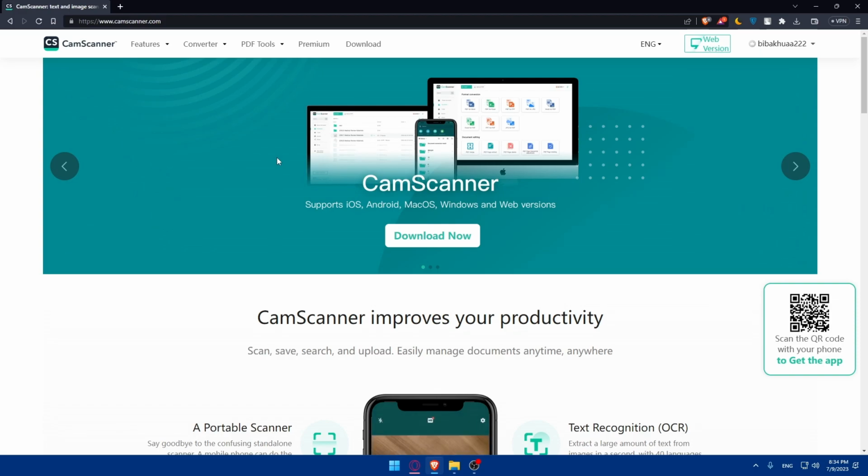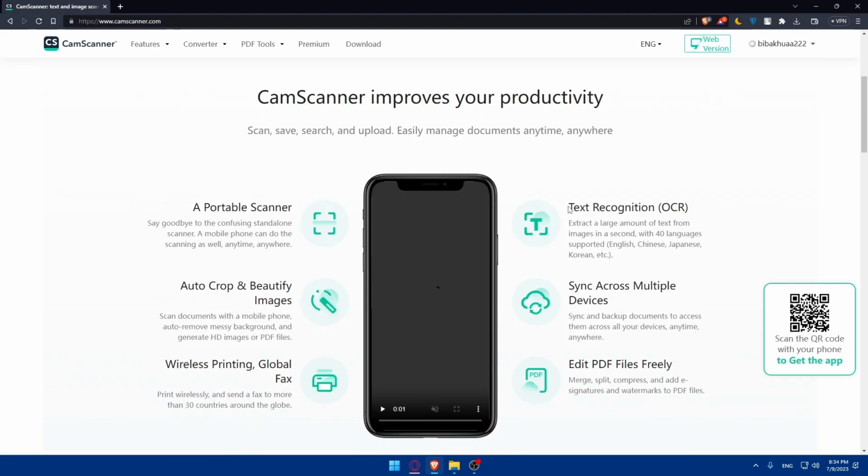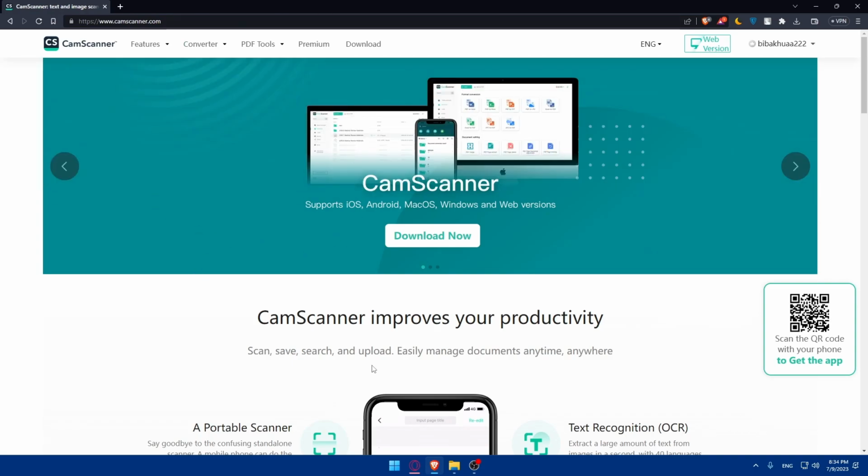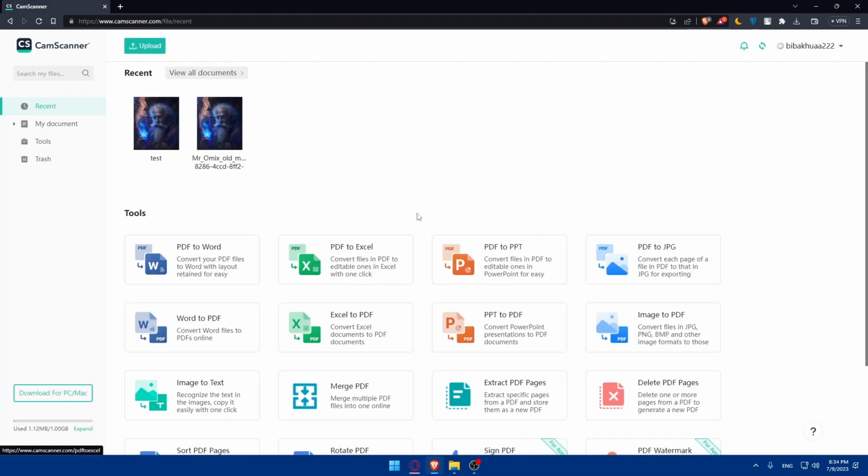So many of you will wonder, Cam Scanner is an application for phone. Yeah, for sure. You can scan this QR code as an example and download it. But there is even the option of using it on your browser. So you can go and download this if you want to on your PC, or you can even use the web version by clicking here, signing into your account, or just go and create your account